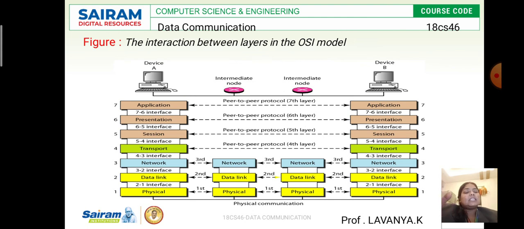Then what is dialogue control? The sender and receiver want to do the transaction within the available time, or within the given time. The dialogue control is going to give alarm signals, like: your transaction is going to be terminated, or your transaction will be completed within this many seconds. This is what the session layer does. So we call the session layer one of the dialogue controls. Then what is the presentation layer?